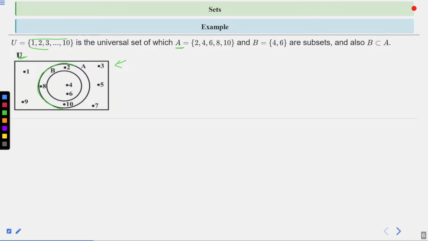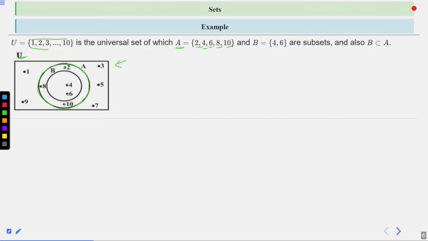So this is your subset A, and we know 2, 4, 6, 8, 10, all these 5 elements belongs to this subset A. So we are going to put all these 5 elements inside this circle